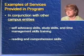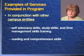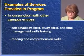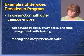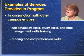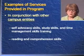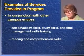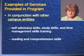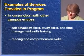Many of the students, again, are unable to articulate what they need or how to access those particular services that they need, so this becomes a really important part of what we do. Reading and comprehension skills are very critical in terms of the level of coursework, which does vary in terms of intensity. Some students do well or are making it through college, the undergraduate, but then when they move to graduate programs, it's a very different type of intense programming and coursework and reading, and we find that we really need to take the student where they are